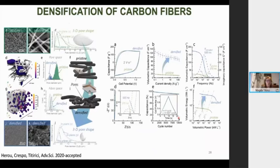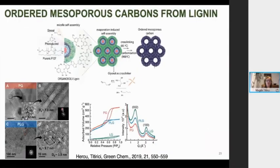And we could also make ordered carbons from lignin by applying Pluronics and doing this EISA, evaporation-induced self-assembly. We use glyoxal here as a cross-linker, and you get this really nice ordered porosity from pure lignin that you can transform into ordered carbons. So again, we've been working a lot in this area, and we've been publishing also with Chang in ECOMAT. As you could see here, we have a nice review together and a lot of other Wiley